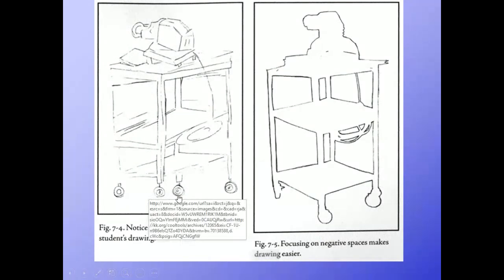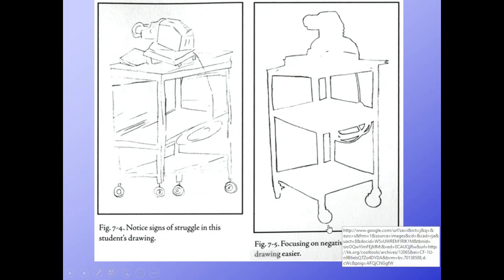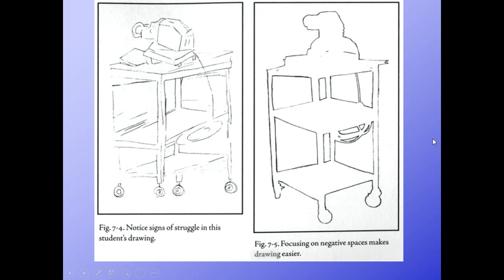Notice here, all those wheels are on the same level. Well, that physically wouldn't look that way to your eye. If turned at this angle, the wheel closest to you would seem lower and the wheels further away would seem higher up. So all of that observation is made more